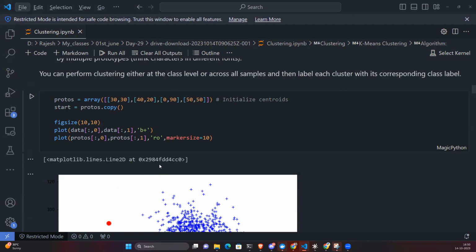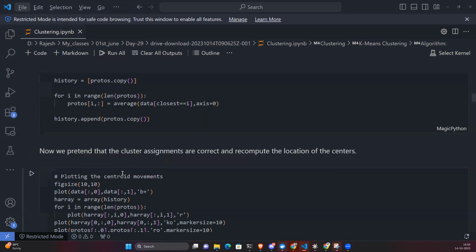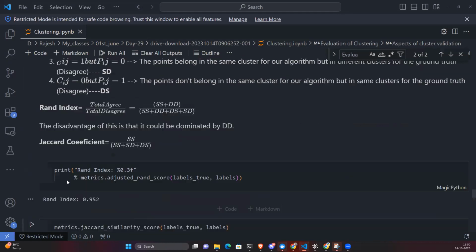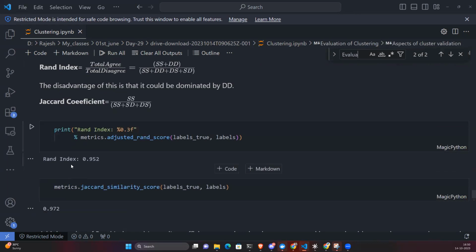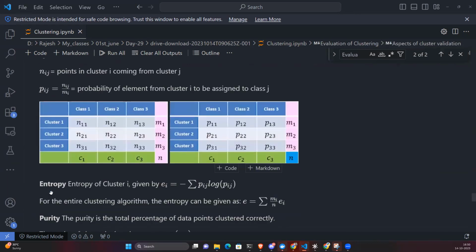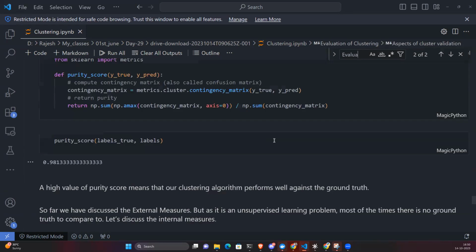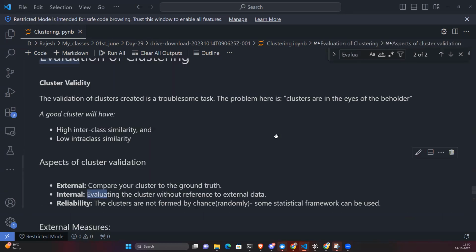I have written that point in these slides somewhere. If you can see, I added these things. Evaluation, where did it go? See, evaluation has different metrics. I have the Rand index, the Jaccard coefficient, right? We can use these and calculate the evaluation. So we'll see these tomorrow. There are many things to be discussed inside unsupervised learning.